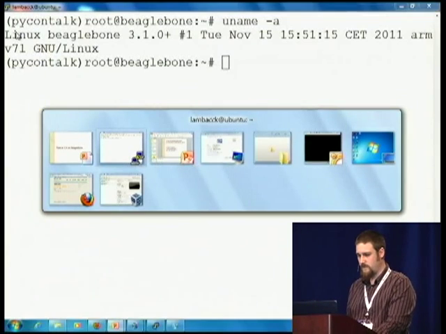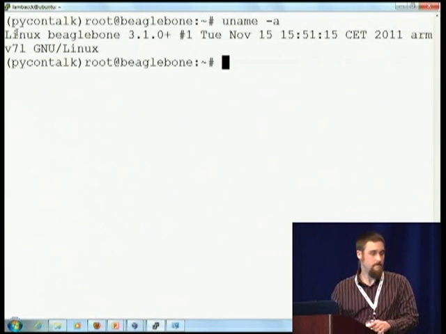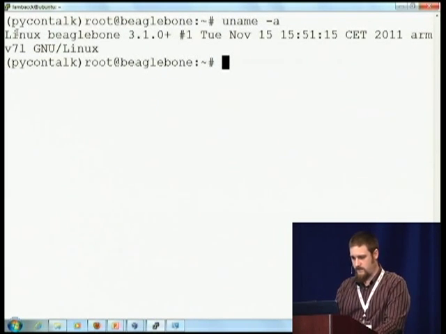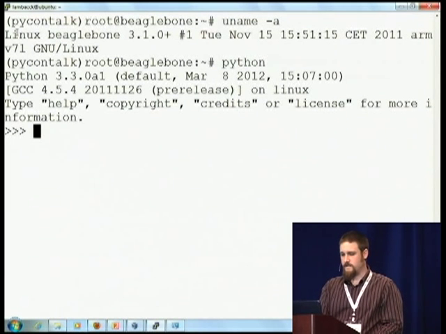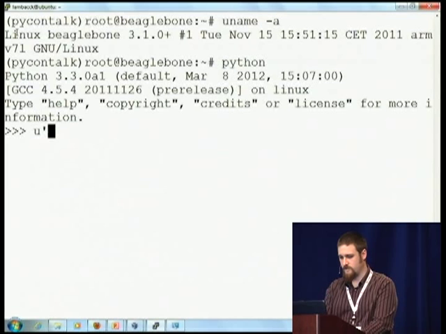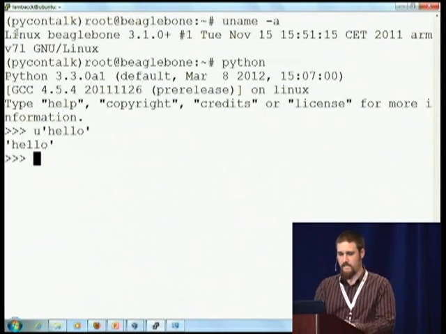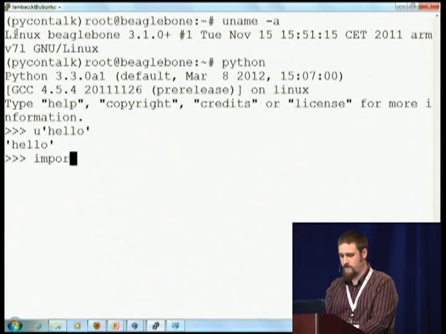So we should be able to see that we are running on ARM, yes, and I have a Python going. This is the 3.3 alpha 1, so let's try it out. We have U prefixes, yay.